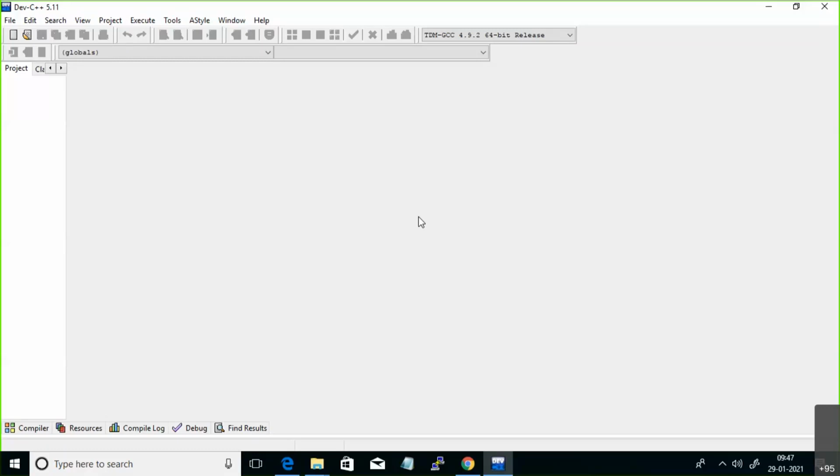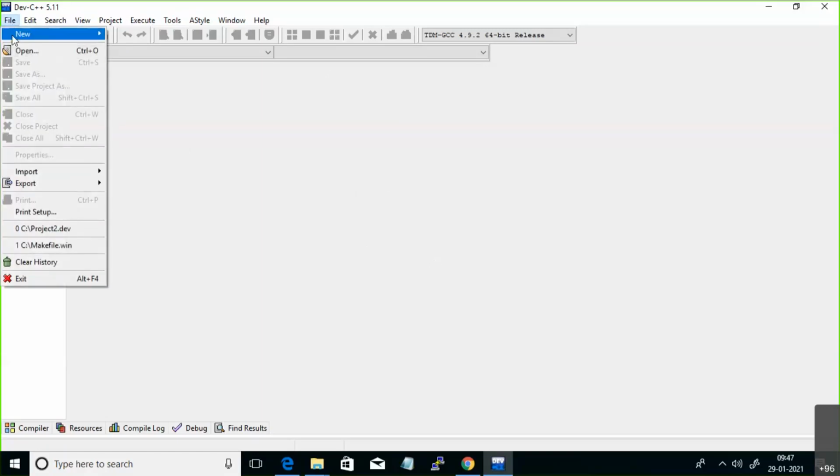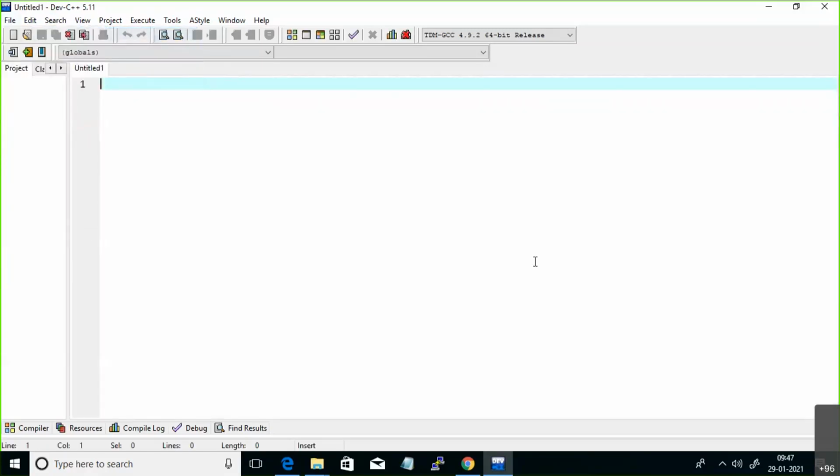Then here you need to write your code. Click on File. First you need to take one source file. Click on File and New Source File. Here you can write your code, compile your code, execute your code, and you can see your output here itself. For a sample, first I will give a sample Hello World program. Then after we'll move to our 10th program and 11th program.